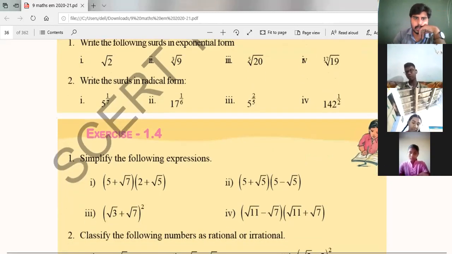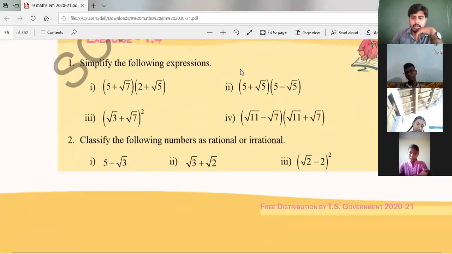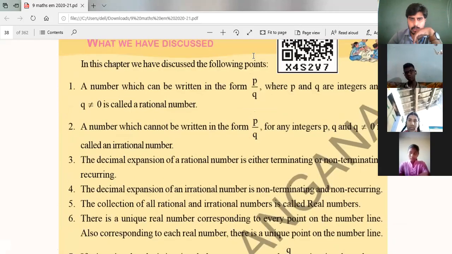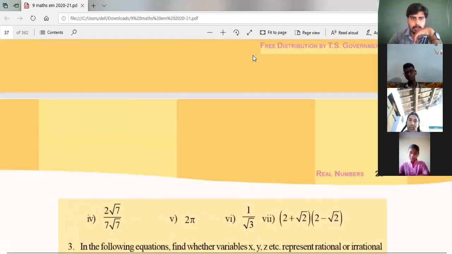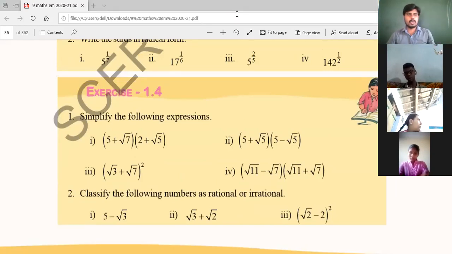Next, look at exercise 1.4. How many problems? It's a long day. If we complete this, the chapter will end, right? I will give you the homework problems, Nana. You have to do much homework in this chapter, because I will explain one problem in every bit. You take the practice, right? So I will explain